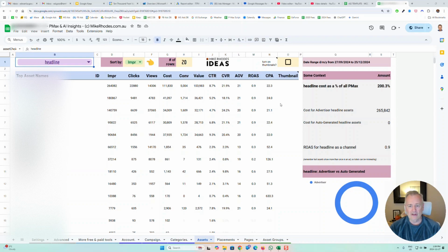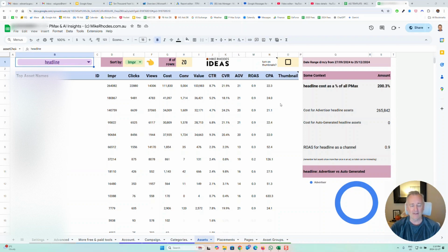Okay, so today I am going to continue my review of Mike Rhodes' PMAX script, and I'll be looking at the Assets tab, Assets Report today. And what this report provides is a breakdown of KPIs for specific assets.